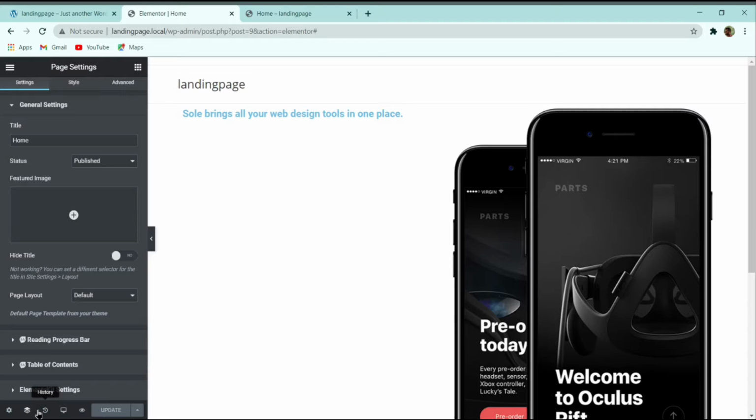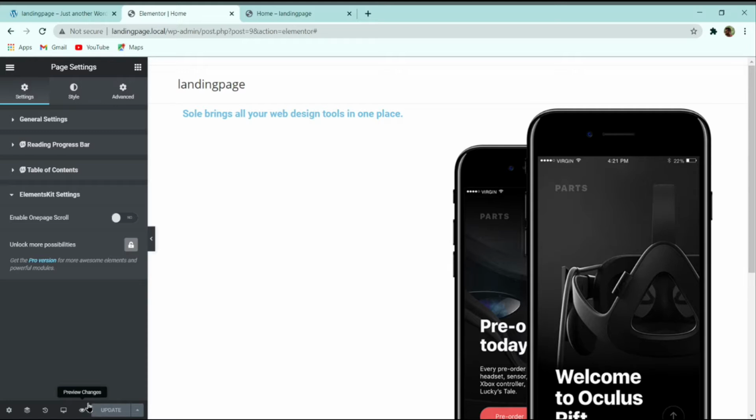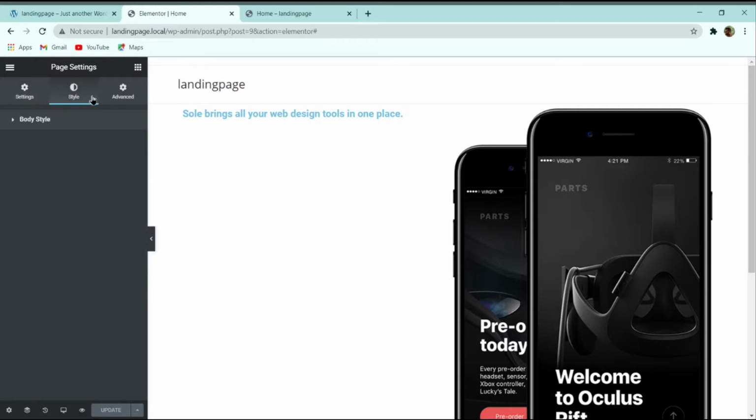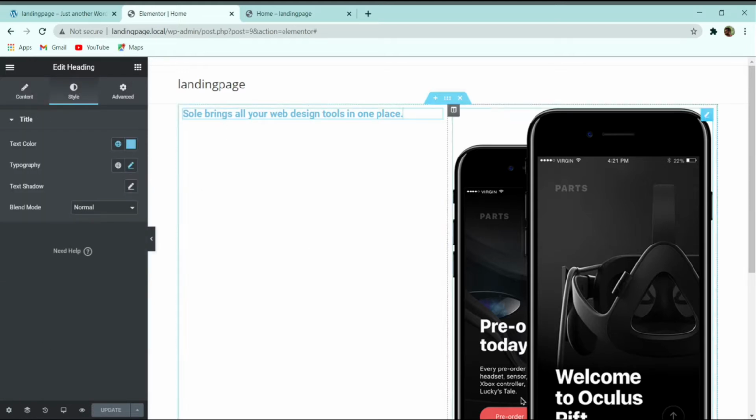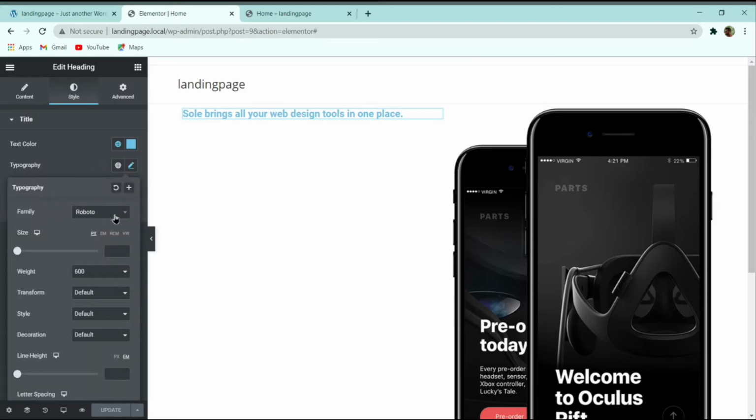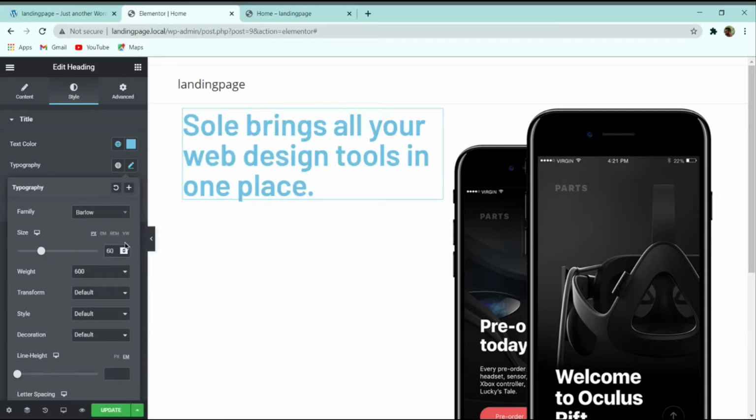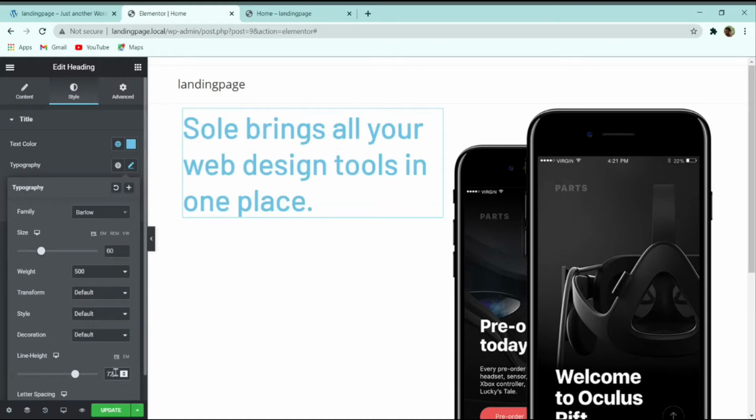Then you can see that there are different types of options present. Let me show you that setting. To edit this, let's change the typography first. Here I will select the font family to Barlow. After that, I will select the size to 16, and then weight, let me give it 500, and line height I will select 72 pixels.